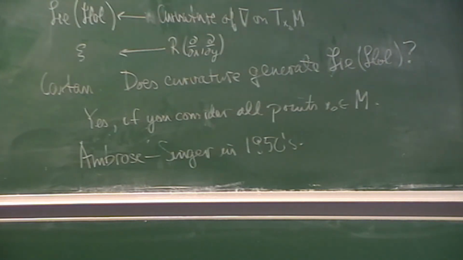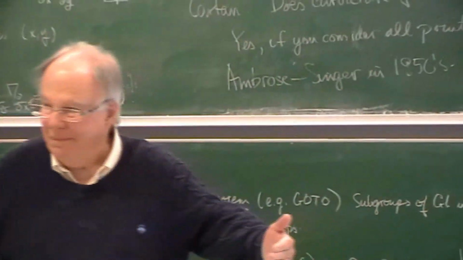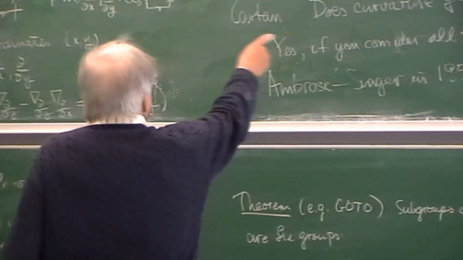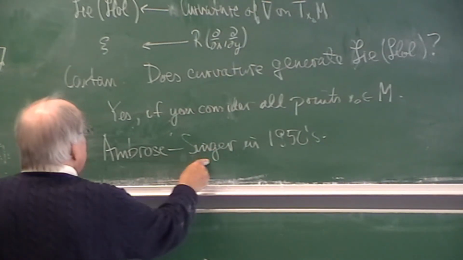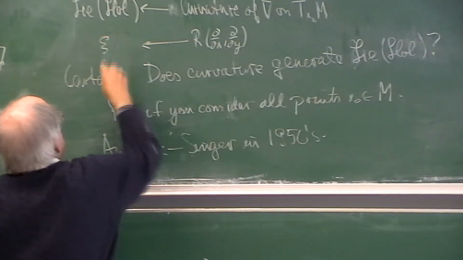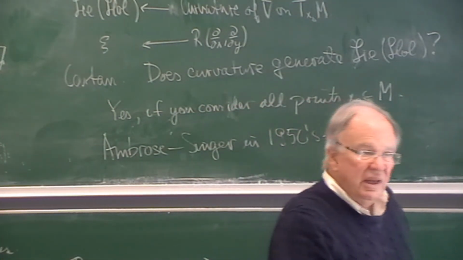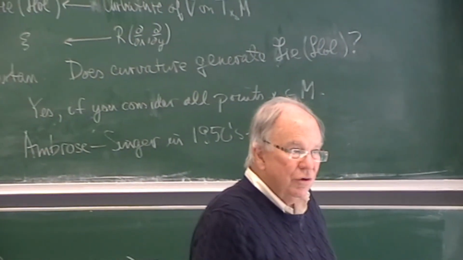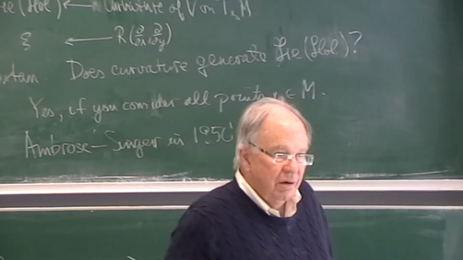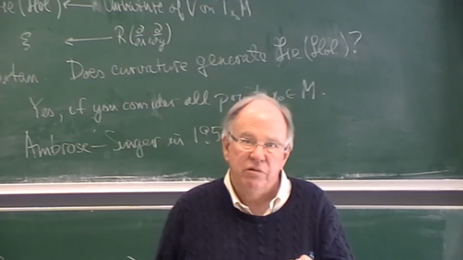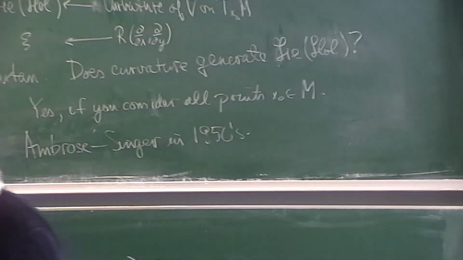The answer is yes. At each point, we have this evaluation of curvature into holonomy. Right? And the statement of Ambrose Singer is this entire evaluation determines the entire holonomy algebra. At one point you might not get anything, right? Because you have no curvature. But the manifold somehow is an intrinsic discussion of the Riemannian manifold. It is a beautiful theorem. And you can imagine why it's really true. Because